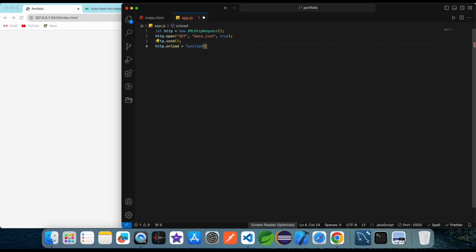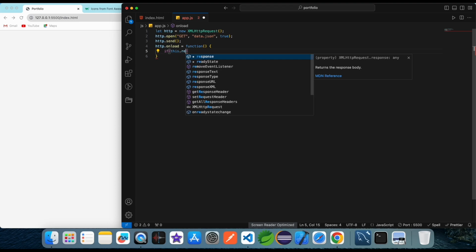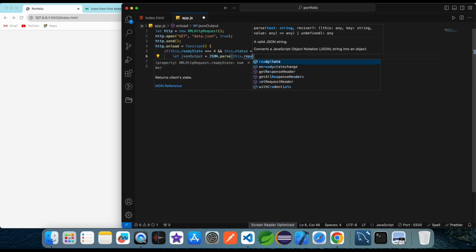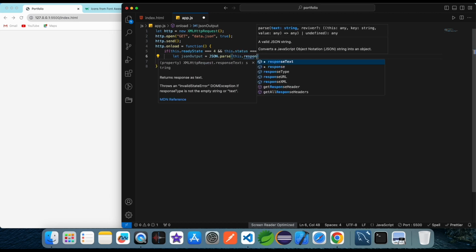For simplicity, I simply use XML HTTP request, and after onload I want to show data when the HTML page reloads or loads. I write a condition that first checks that the state is 4 and the status is 200, then simply parse the data,